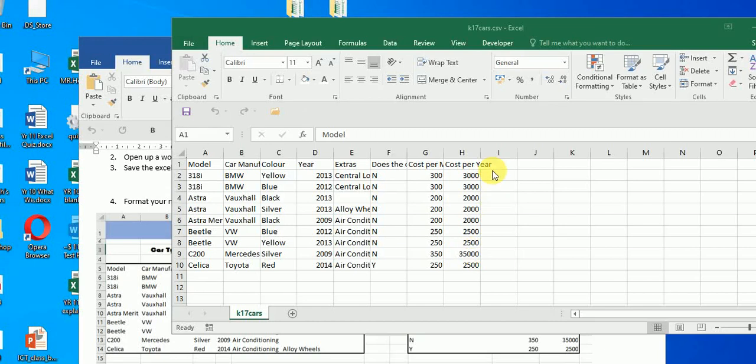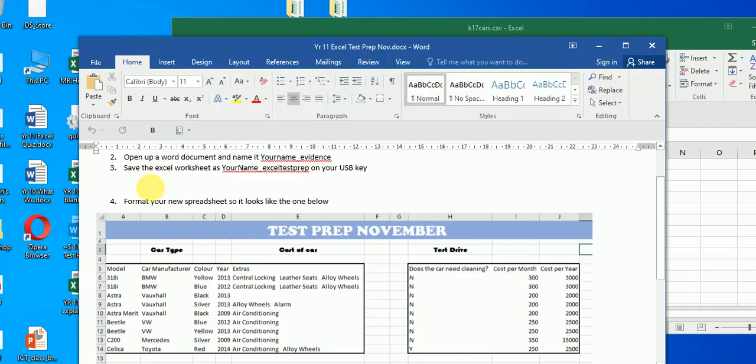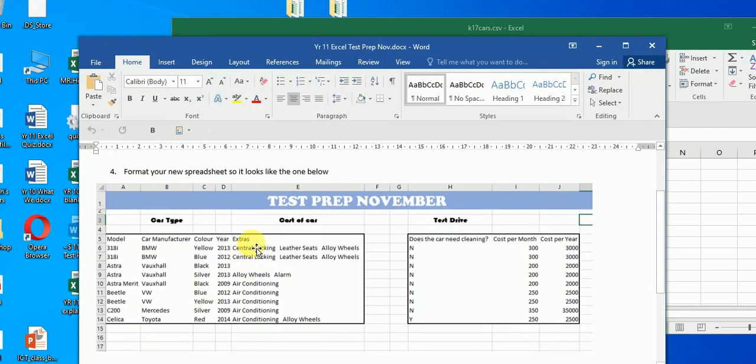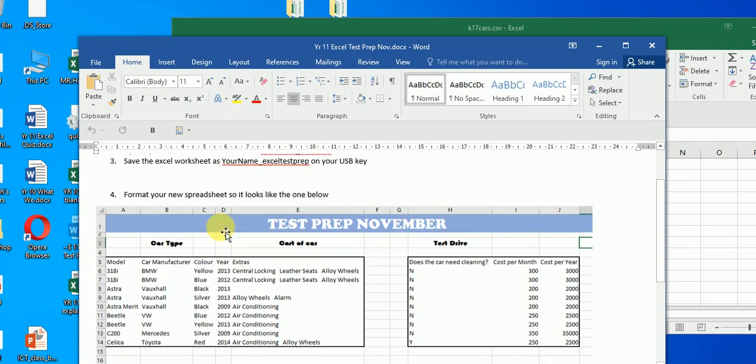Okay guys, this is a quick little video to help you prep for the test. Essentially what we're going to do is take a .csv file that looks like this and change it so that it looks like this, okay? Once again, it's one of those tricky questions on the test, and as you can see, they don't tell me